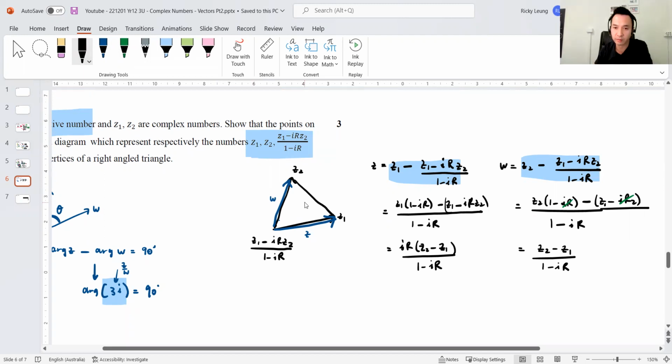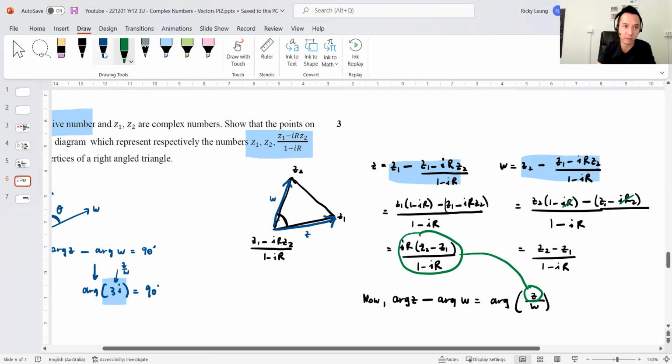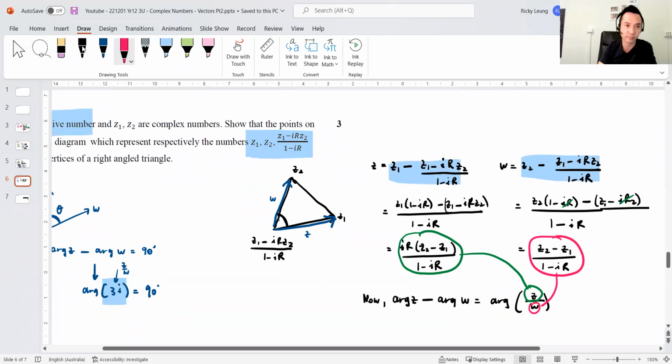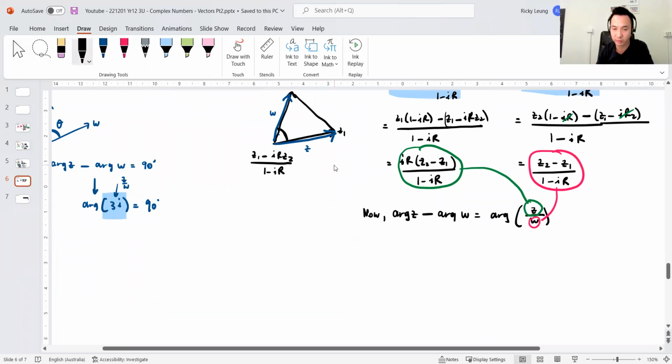Okay, so if I wanted to go now, the angle in between, right, is given by argument of Z minus argument of W, which equals the argument of Z on W. So I'm going to sub this into Z and then sub this into W. All right, it's a big fraction, but you can see that it's going to clean up quite nicely, right? So that equals the argument of